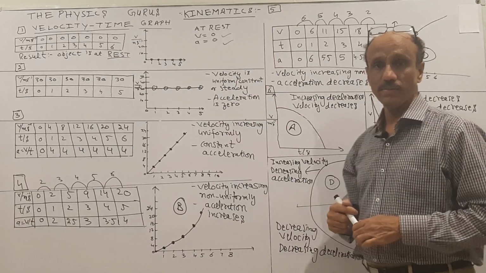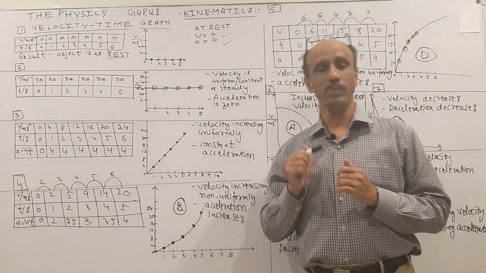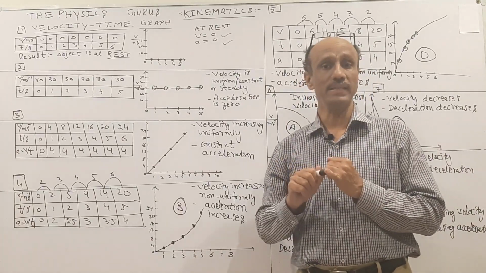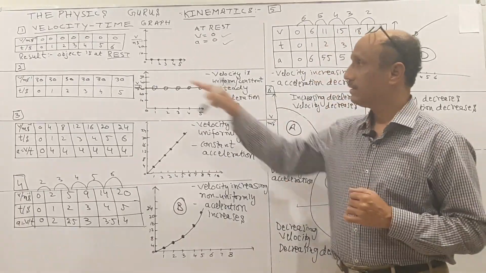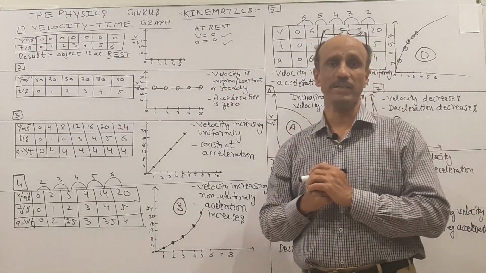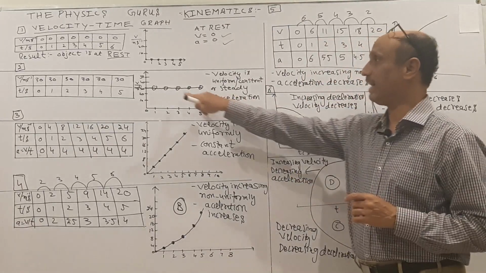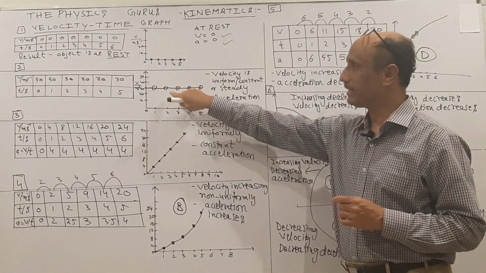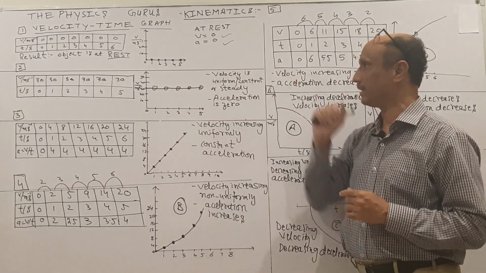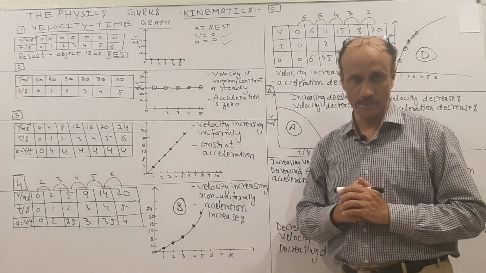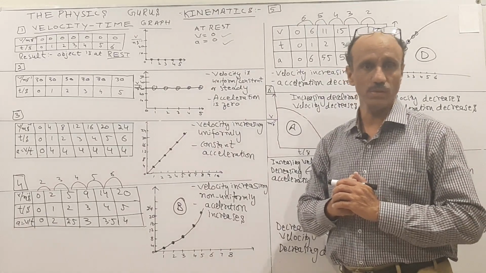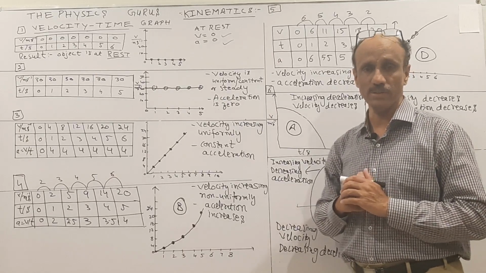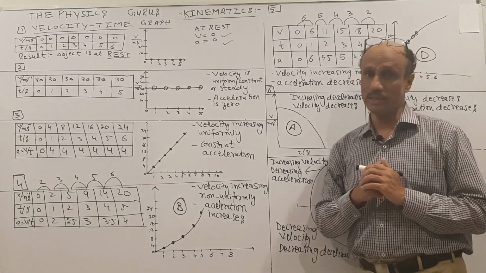The second graph, the object is still moving but its velocity is not changing. So it means whenever there is no change in velocity, there is no acceleration. The values are given, the time is passing, but the velocity is 30. So the graph is a straight line, but this line will be above the x-axis, above the time axis. Whatever the value given, we will draw a straight line over here. Then we will say that velocity is constant, velocity is steady, velocity is uniform, and the acceleration is 0. I have already explained why the acceleration is 0: the reason is that there is no change in velocity.